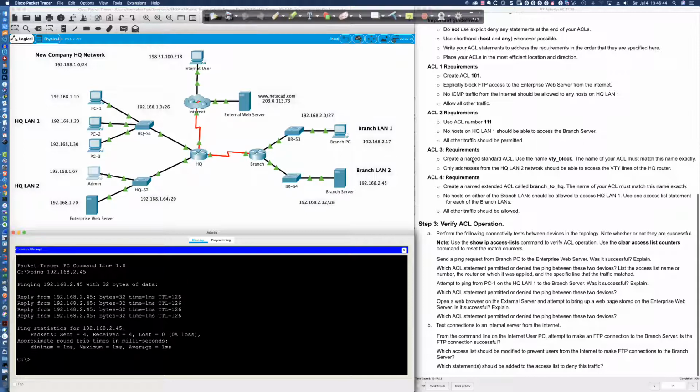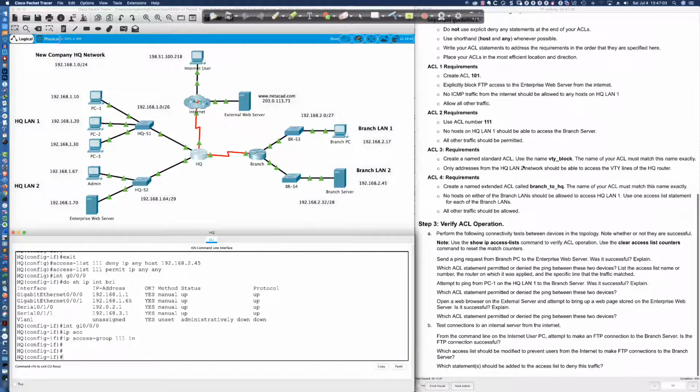All right, so that's ACL number 2. Let's jump to ACL number 3. Create a named standard ACL. Use the name VTY_block. The name of the ACL has got to match exactly. And only addresses from the HQ LAN 2 network should be able to access the VTY lines of the HQ router. So what is this saying? HQ LAN 2 is the only subnet, and it's right here,